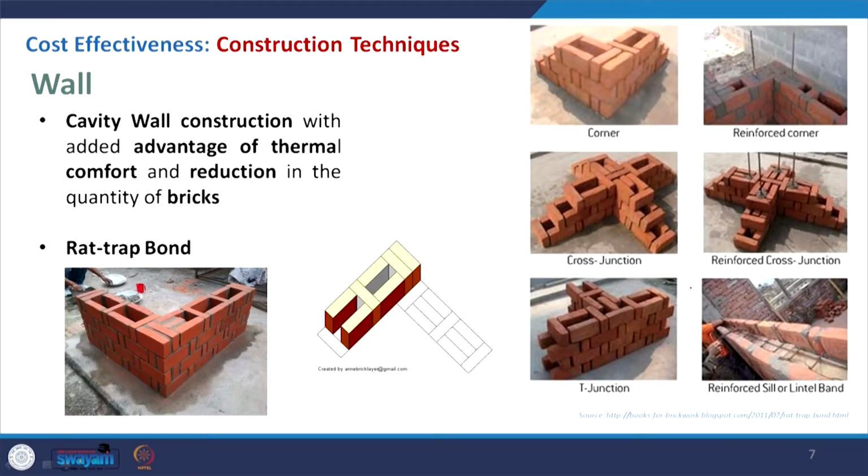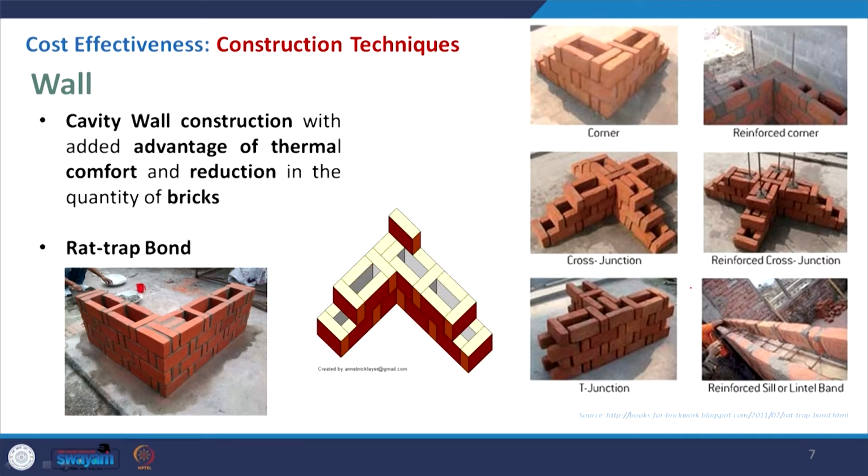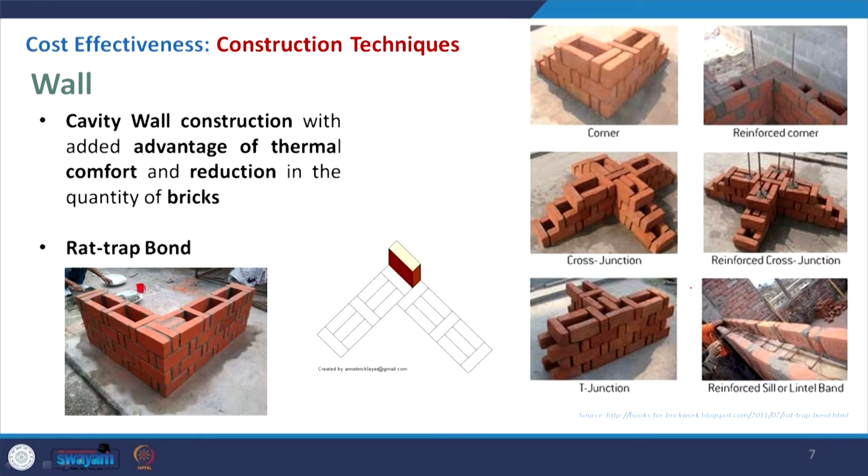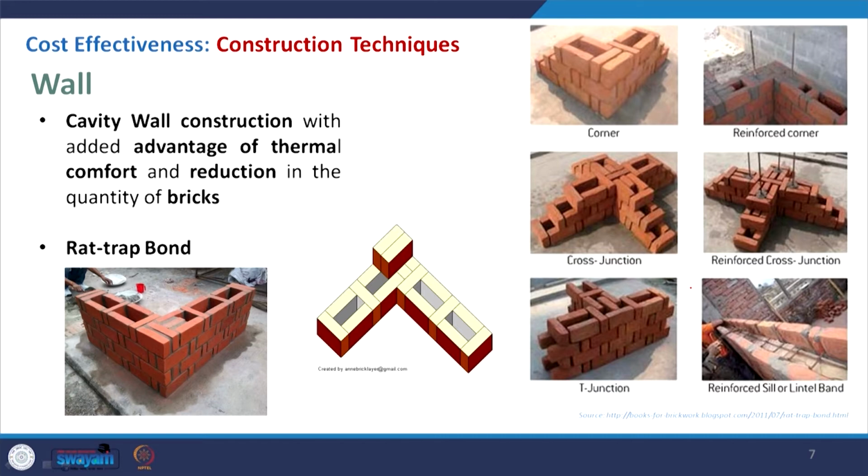So, wall construction again, like you must have studied different kinds of brick bonds where we consider the brick wall, and here we just discuss the wall with the brick, and definitely that wall can be made of something else. We can use timber, we can use the RCC wall as a shear wall, or else we just use the steel frame and then the glass panel to that.